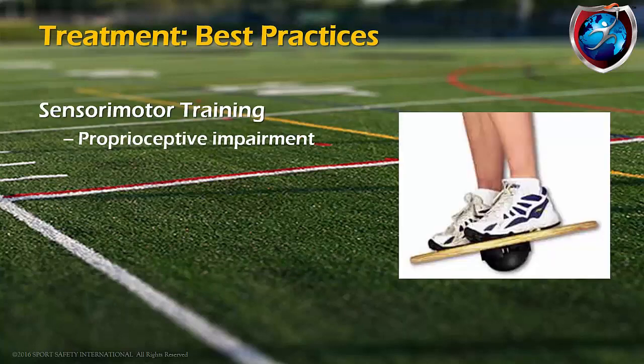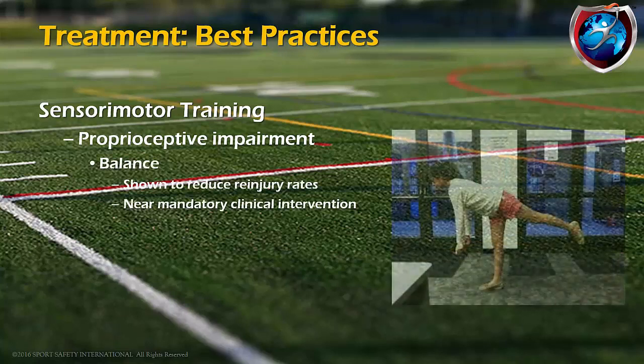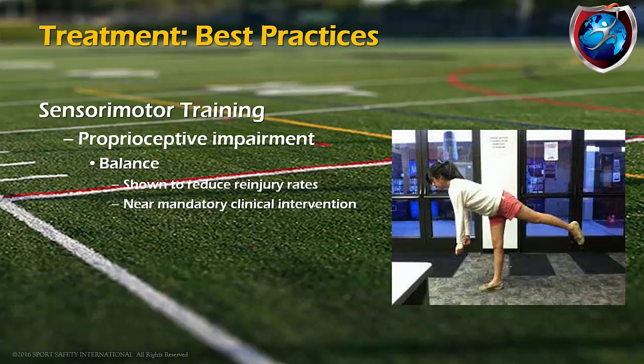It has been proposed that the high rate of re-injury is in part caused by proprioceptive impairment that occurs following ankle sprain. Consequently, balance and sensory motor exercises have become an integral component of ankle rehabilitation and have been shown to effectively reduce ankle re-injury rates. Balance training is a near mandatory clinical intervention for athletes participating in high-risk activities such as basketball, soccer, volleyball, and